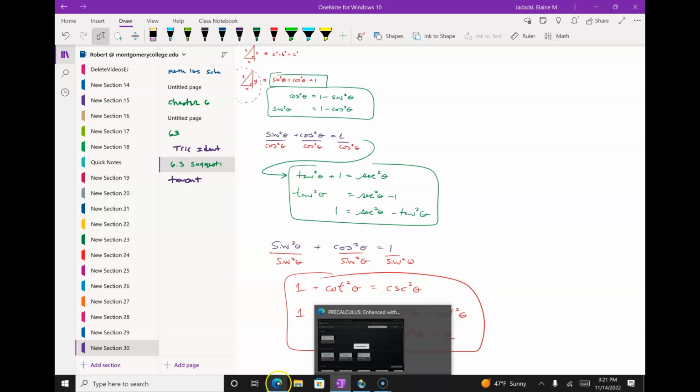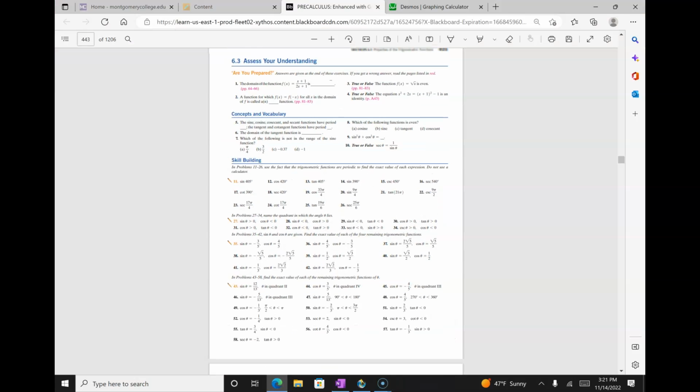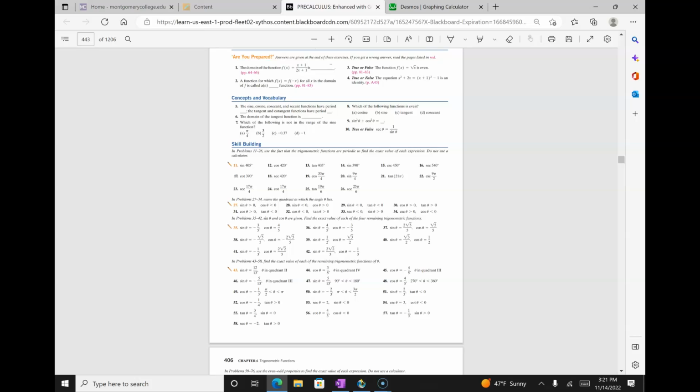All right, here we go. Let's do some problems. So you'll see I'm going to do a couple of these problems. You'll be like, oh, wait, you already taught me how to do that. Yes, correct. I'm not necessarily teaching it exactly the way the book is going. I'm teaching it the way I understand it, right? So, but let's look at